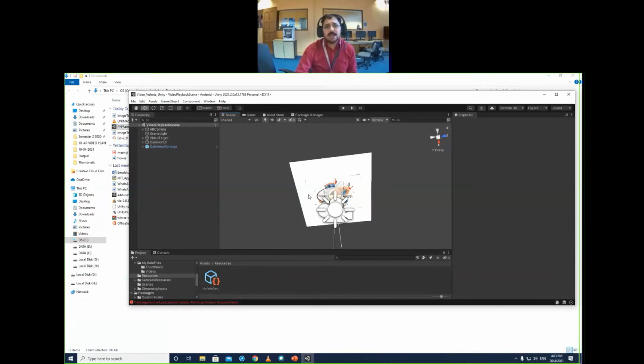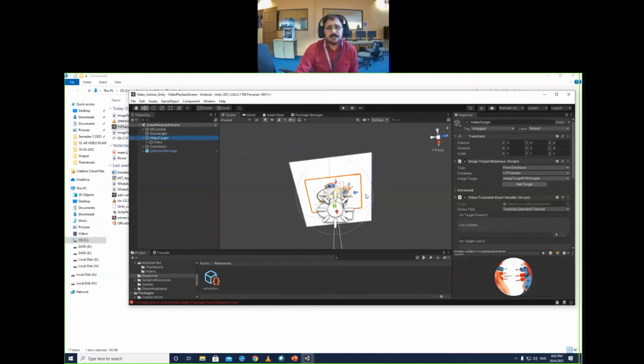Okay, so these are the two changes that you will have to do. Now again, you see this is the target image. Everything is like this, so don't modify anything.